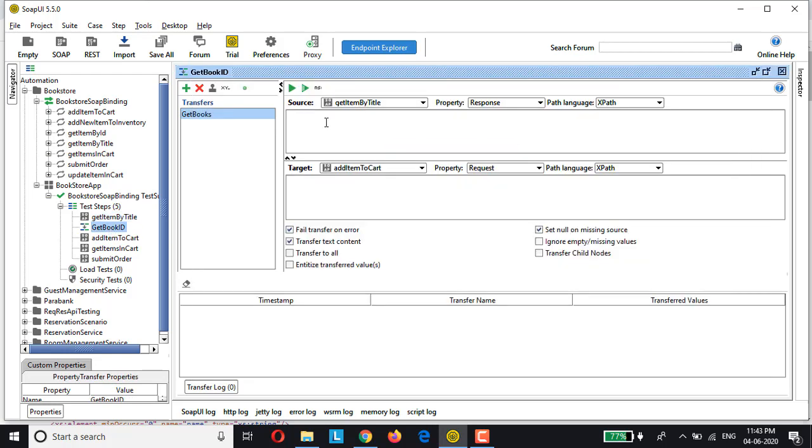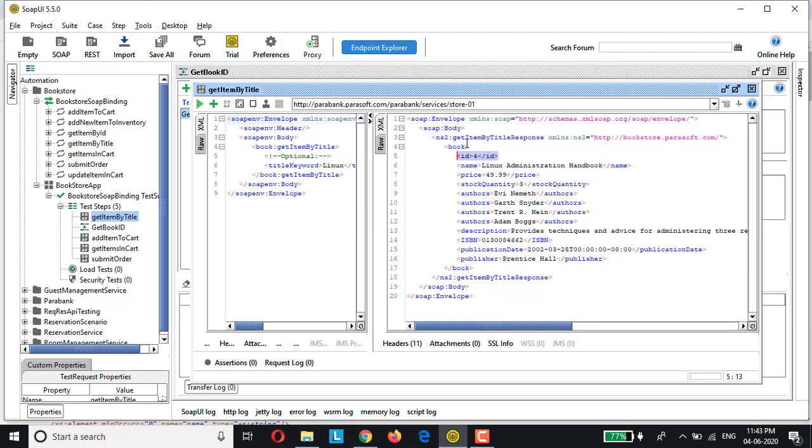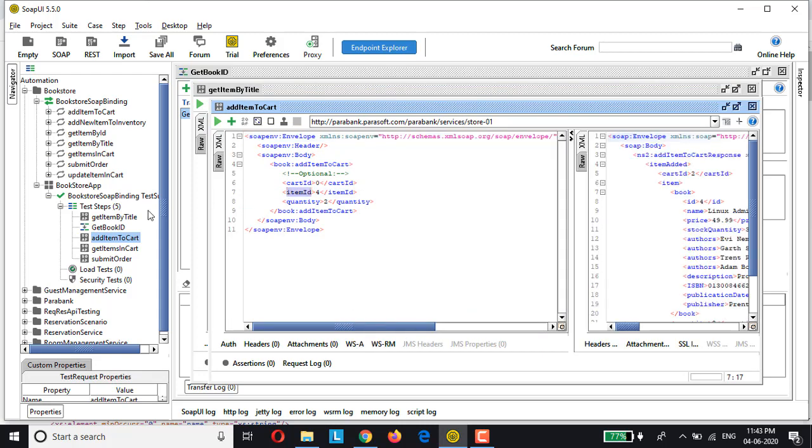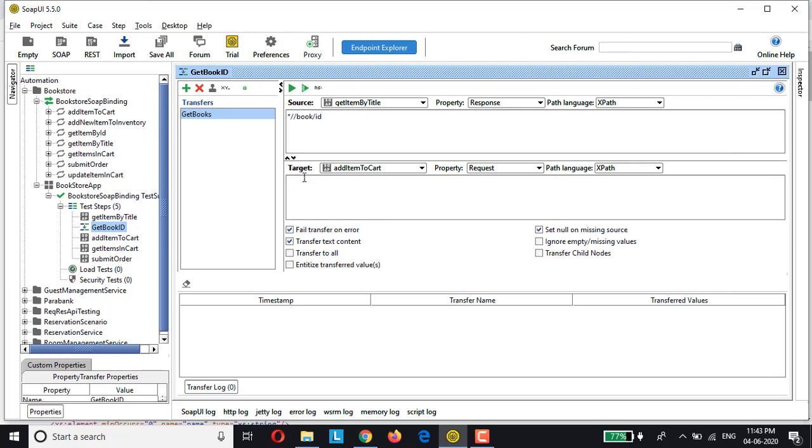I will write a generic XPath, star // book / ID. Right, so it's book followed by ID, and in the request it's item ID. Right, so let's have a generic XPath, where I would say again star / item ID,